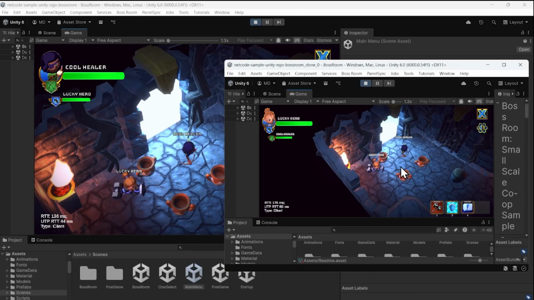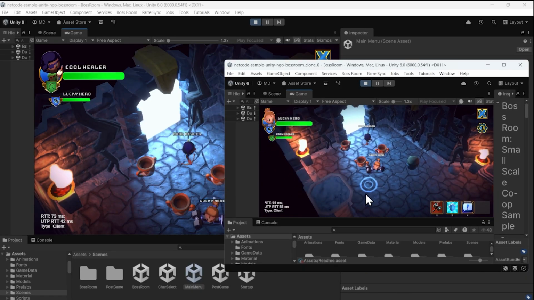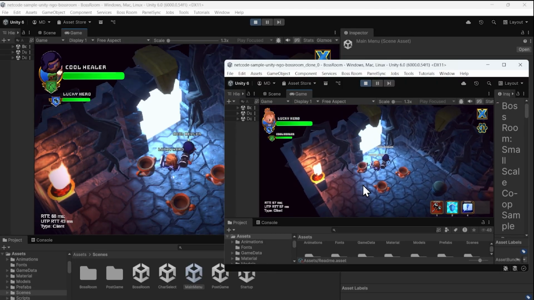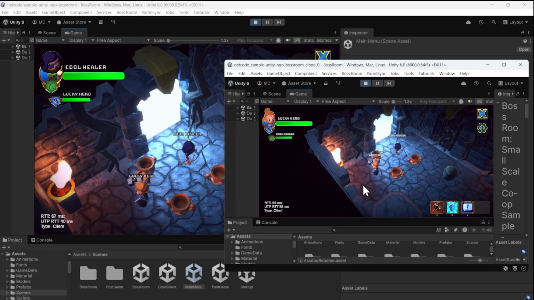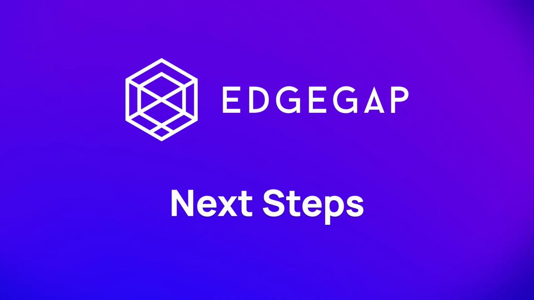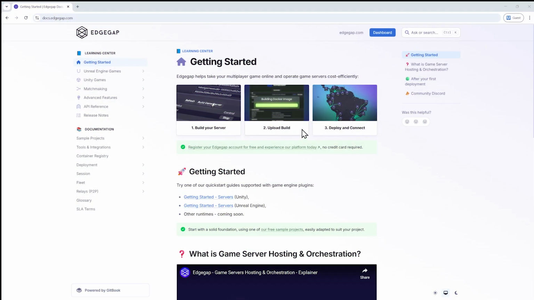There you have it. Both players are connected to your game server. Congratulations! Now finish your character selection and you'll see both players replicate each of your actions on screen, which confirms both players are connected to the same game server you deployed. Once again, congrats! Unity's Boss Room sample using Netcode for GameObjects is a useful tool to learn networking.